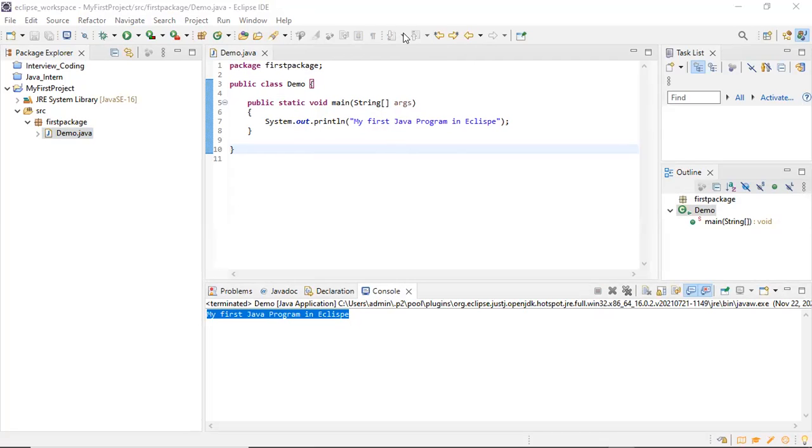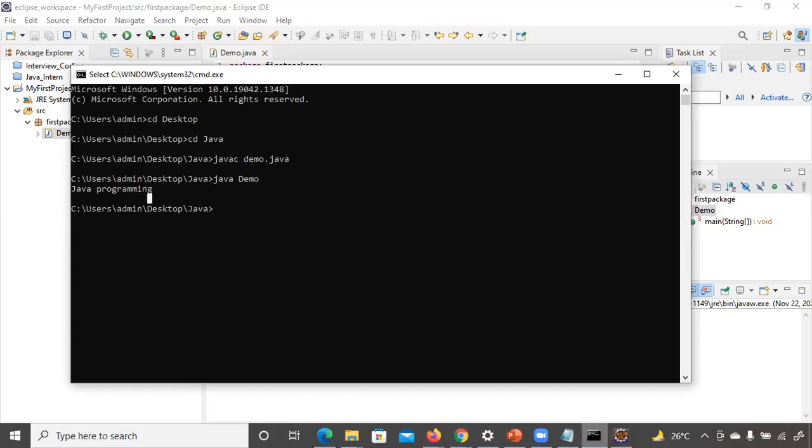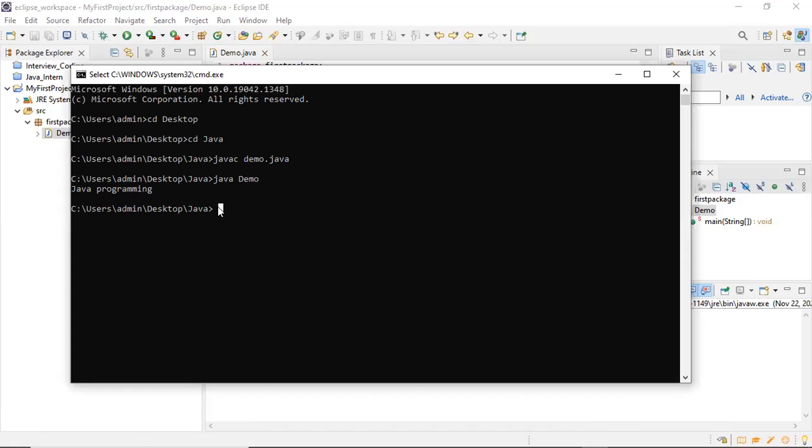Anyone having any question here? Like how it's working? Just check your system, everyone. Open the Eclipse and just see whether you are able to do it or not, whether it's running or not. First, you try with this notepad, okay? Because in the notepad, if it is giving an error like Javac cannot find as an internal or external command, then it means that you have some problem with the installation.